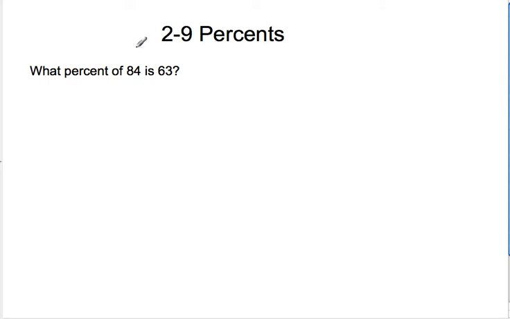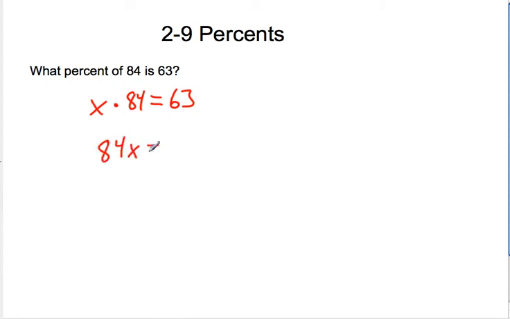So the first way I'm going to show you is direct translation, which I think we talked about last year. What percent of 84 is 63? Well, of means multiplication, 84 is 84, is means equals, and 63 is 63. The only thing that we don't know here, which will become our variable, is what percent. Okay. The tricky thing when you're doing this problem,